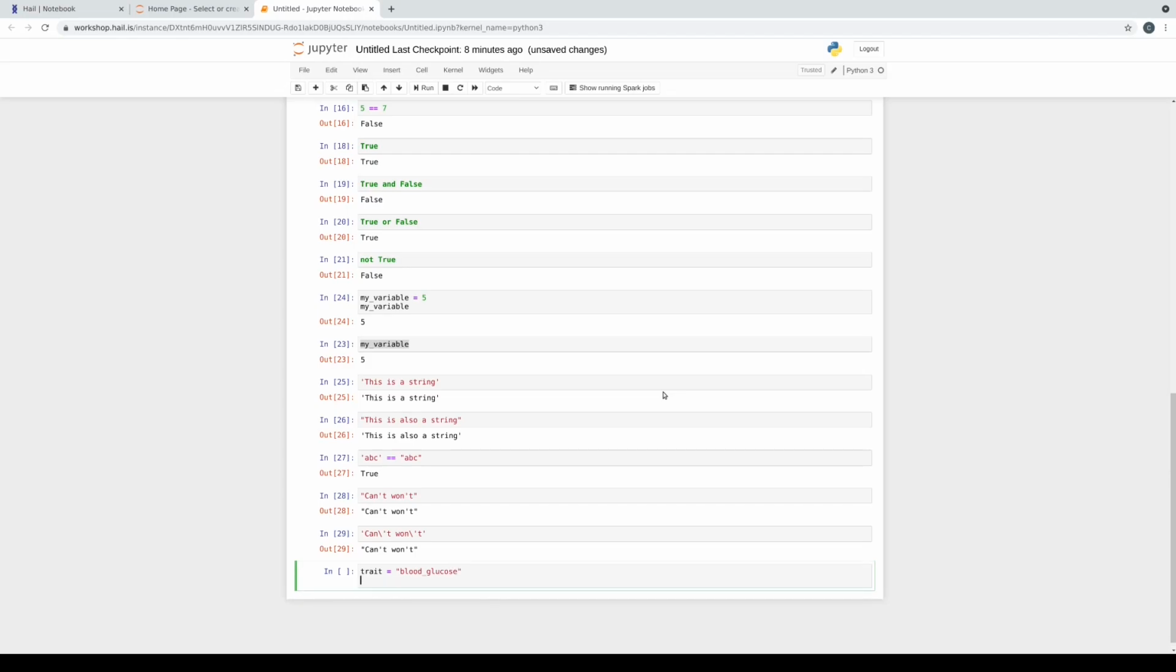And I do some statistical test on my blood glucose trait, and I'm going to get a p-value of 0.002. And then I want to report this to the user. So I'm going to write an f-string, which is just like a normal string, except it starts with the letter f. And then you have text. The p-value for the trait